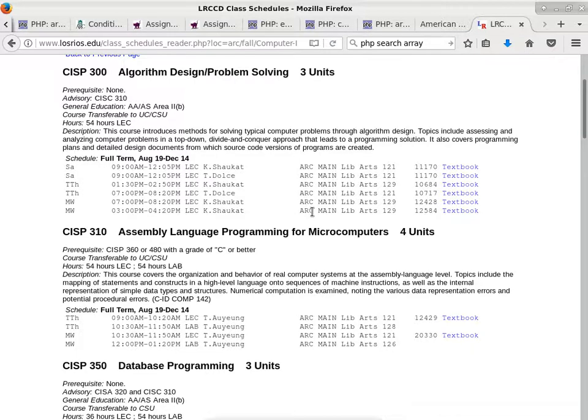Yeah. Okay, so CISP 300 is supposed to introduce the control structures. So the concept of a while loop versus a do-while loop should be covered. Conditional statements like if and else should be covered. Boolean expressions and operators like and, or, not should be covered. The concept of arrays, but only using numeric indexes, should be covered. All of those things are helpful because if you have not been exposed to those concepts before, the things that we are doing are way, way more difficult. So CISP 300 kind of prepares you for that.